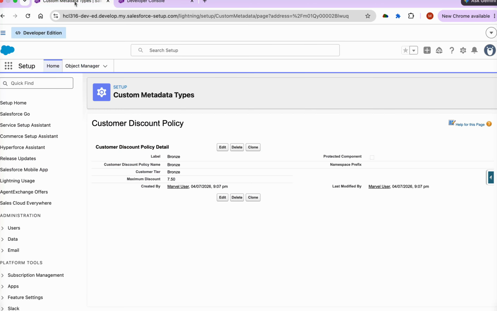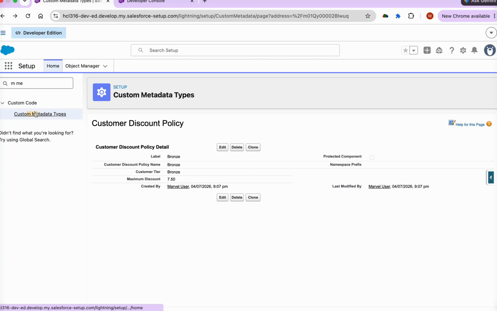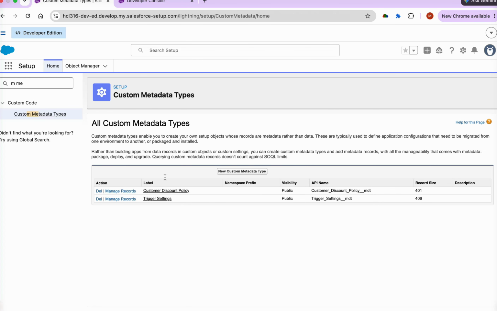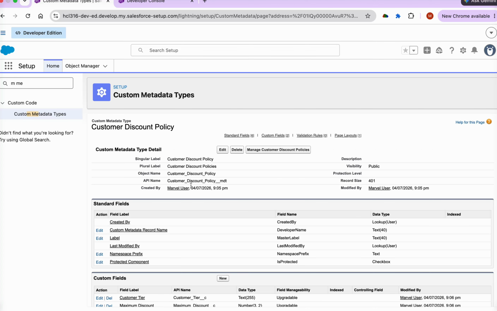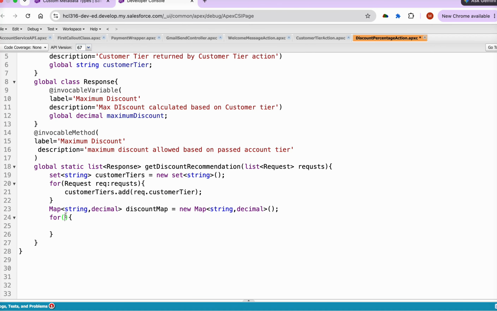Okay, so let's just go back to our custom metadata, and copy the API name of it. We'll have a loop on it, so let's call it policy, and then